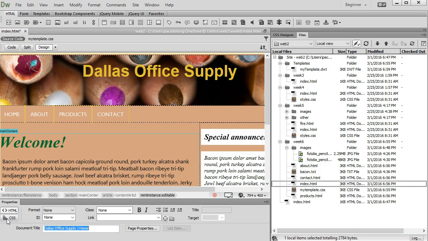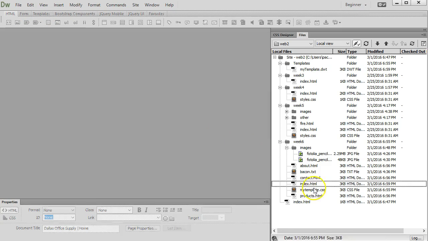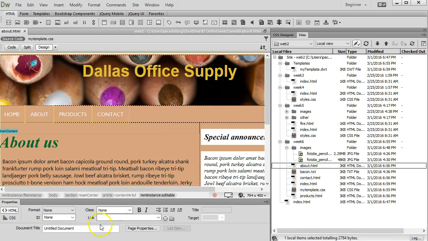I'm going to copy the text, Office Supply, and the pipe and the first space. I'll close this and save it. I'll go to About, change the untitled document, paste what I copied, About Us,